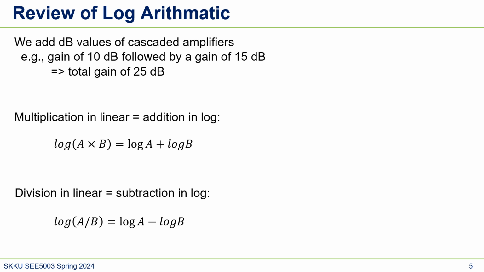Since we're using log in decibels, it is also good to review log. We just add the dB values of cascaded amplifiers. For example, assume there is an amplifier with a gain of 10 dB, and another amplifier following it with 15 dB. The overall gain will be 25 dB, right? So we just add these two,